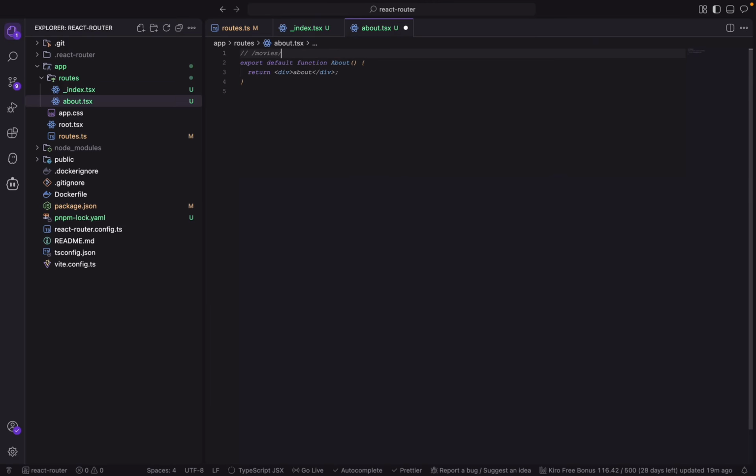Assuming we have /movies, we have /movies/movie ID, something like a random UUID, and we have something like /movies/trending. How can we achieve all these nested routes